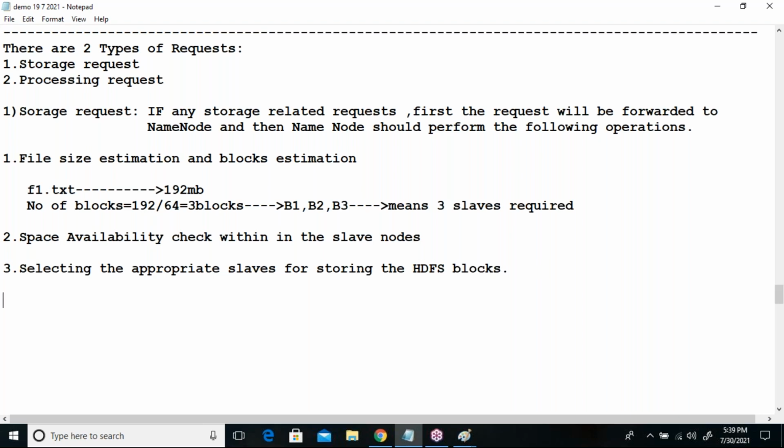Okay. So there are two types of request I said, storage request and processing request. Storage request first goes to name node, and name node performs three things: file size estimation, block estimation, space availability check within the slave nodes, and selecting the appropriate slave for storing the HDFS block. Now,